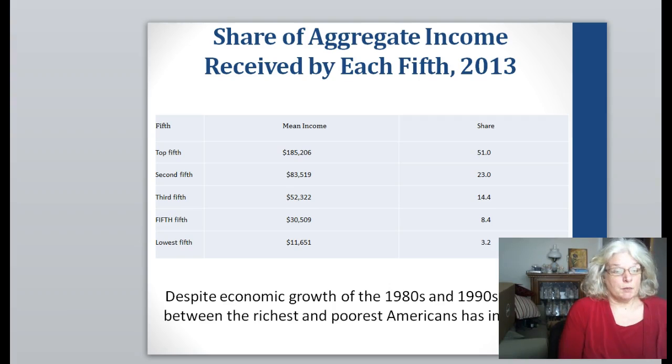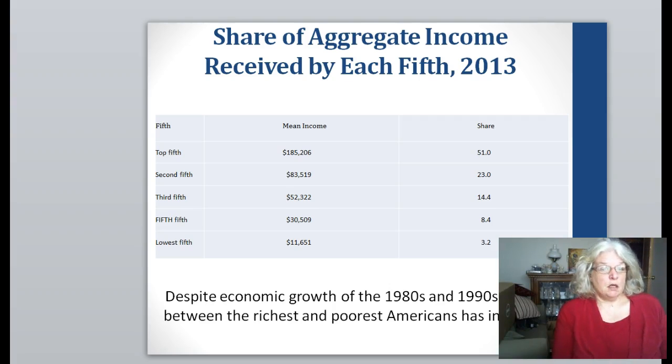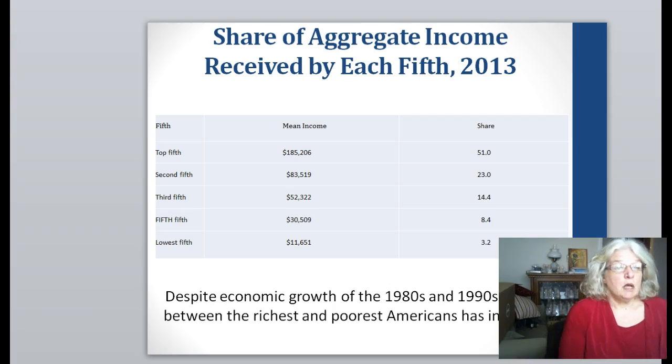And we're talking income here. This isn't even resources that they already own, but they get 51% of the income that comes into place. The second fifth, which would basically be the upper middle class, gets about 23%. The middle class here, as we're looking at it, gets about 14%, and the fifth,